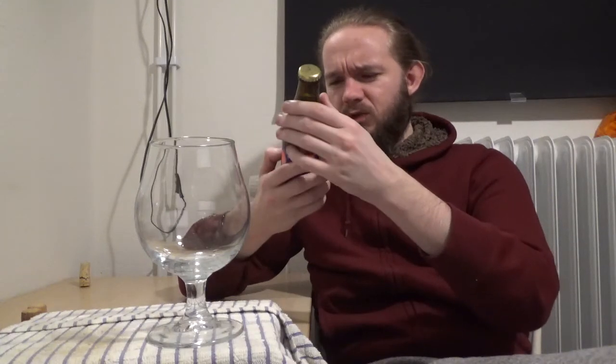Maybe Centennial you could include in that as well. But Citra, about 14% alpha acid. Mangoes, you know, a little bit of gooseberry sometimes, lychee, and some lemon limey notes depending on what's in the malt base. But yeah, this one, 330 millilitre bottle, as I said, released as part of the Lokala Småskaligt assortment